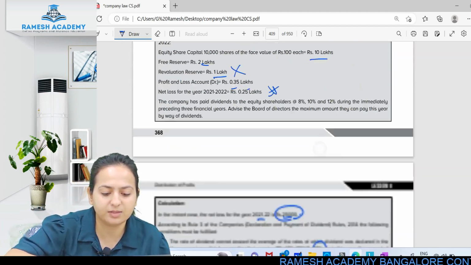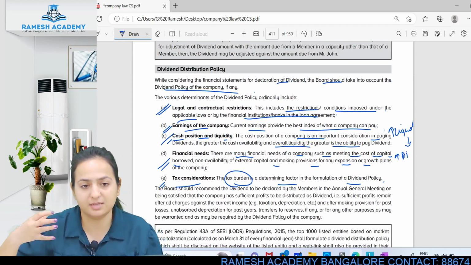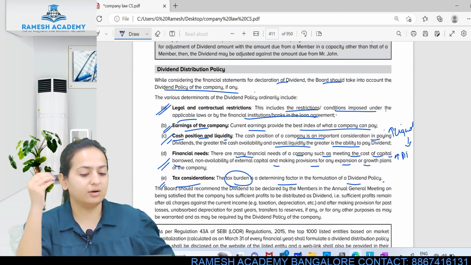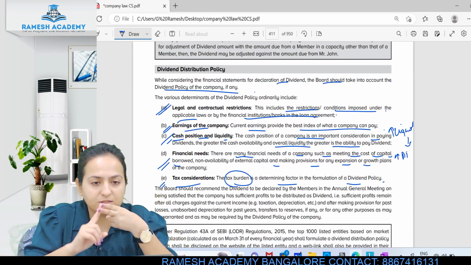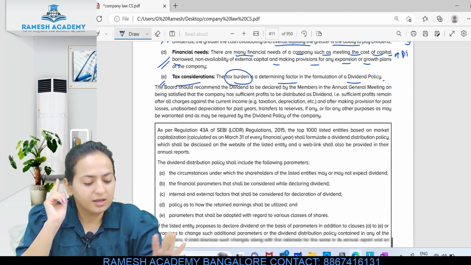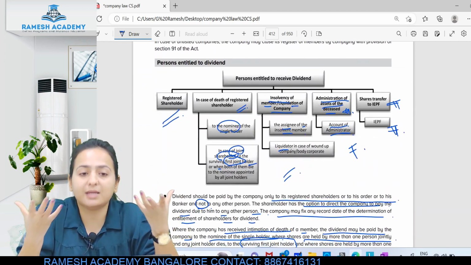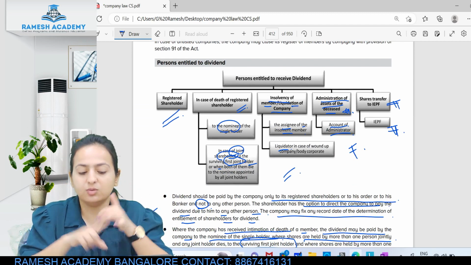Then apart from this, we have studied some illustrations and dividend distribution policy, which will mainly cover the legal and contractual restrictions, earnings of the company, cash of the company, financial results of the company and the what? Tax considerations. Then we have studied persons who will be entitled to the dividend: registered shareholder, in case of